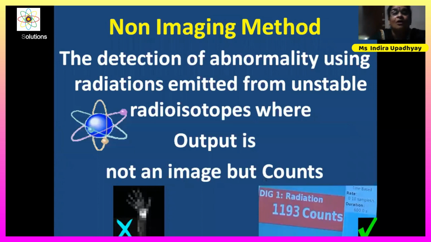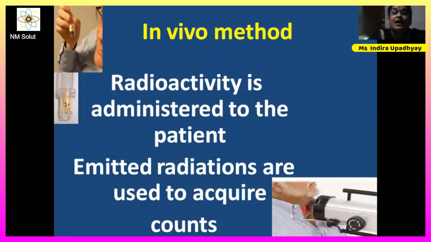Now, let us go for the non-imaging method, what it is actually. The detection of abnormality using radiations emitted from unstable radioisotopes, where the output is not an image, but counts for quantification. Now, in the in vivo method, radioactivity is administered to the patient and the patient is emitting these radiations from the region of interest, in the sense wherever the radioactivity is concentrated,